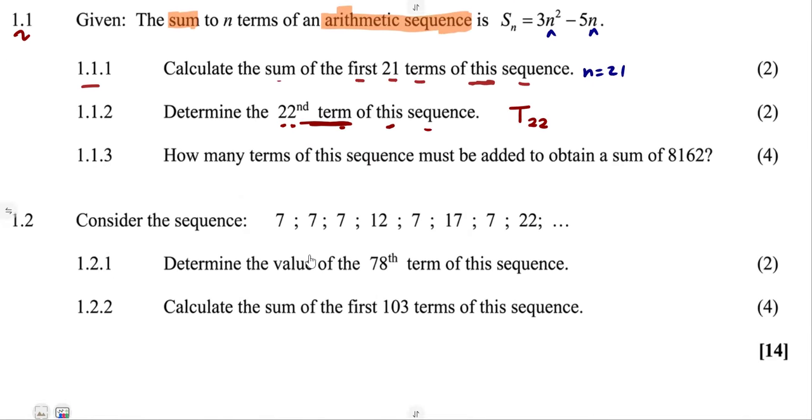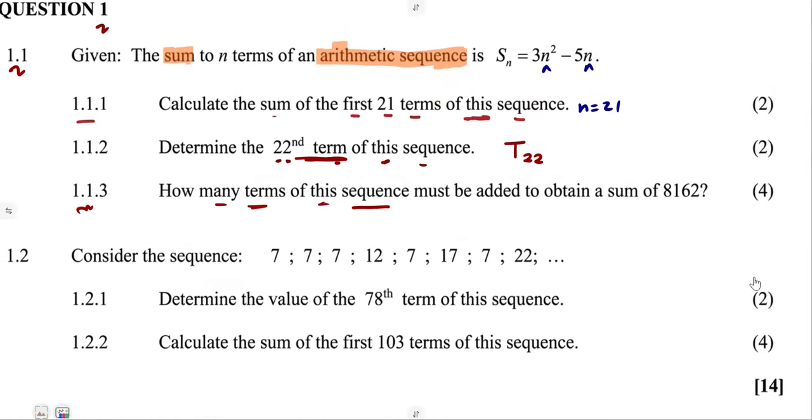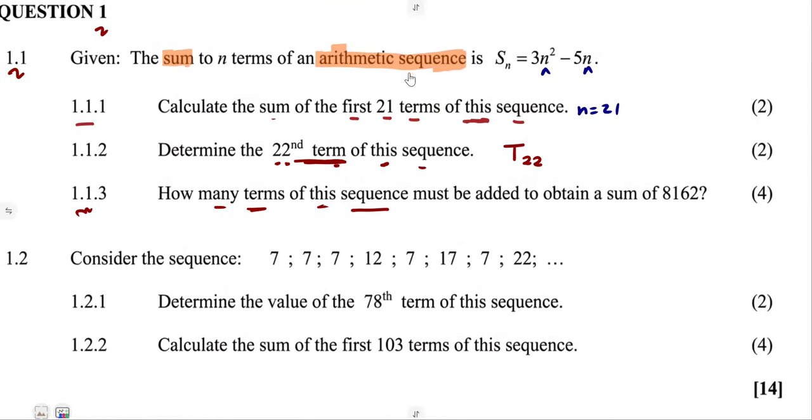1.12. Moving on to 1.13, where we are given how many terms of this sequence, the arithmetic sequence, must be added. When I talk about adding, this is the sum. The terms must be added to obtain a sum of